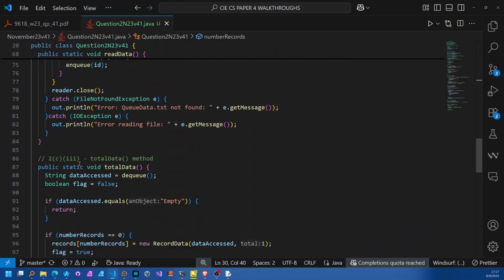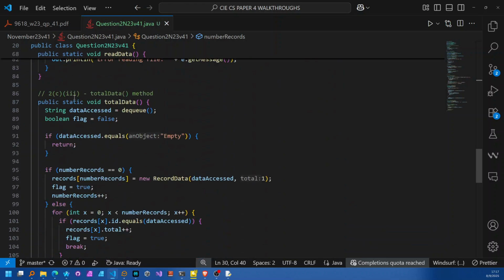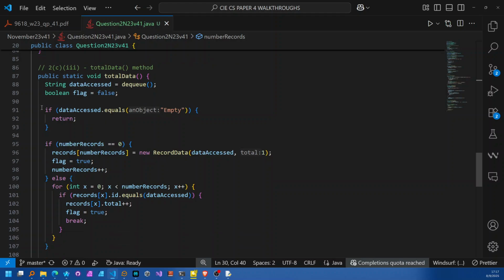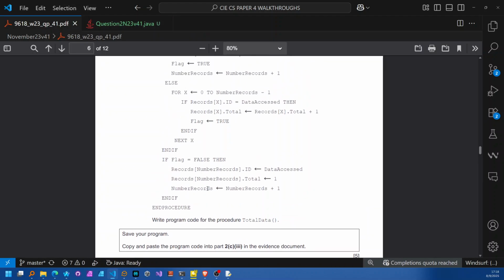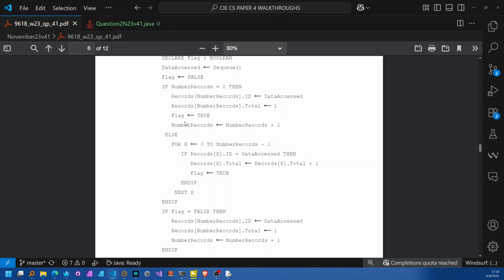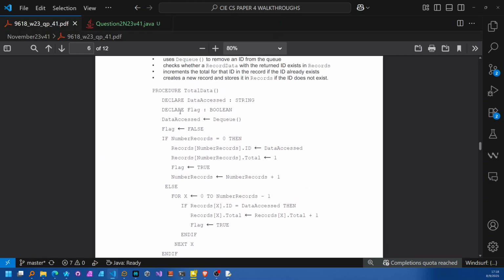So if you come here, you'll see that I have the total data function going on from lines 87 up to 107. So it essentially just matches the pseudocode that you are given. It's now just a matter of translating the pseudocode into your language-specific equivalent, or your program code's equivalent. So whether you're doing Java, like in this case we're doing Java, you should be able to